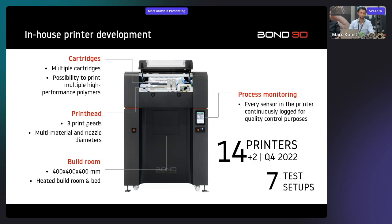So printing, for example, 450G combined with CA30 for highest strength and chemical resistance, or let's say after future development, different types of material. The build room is 400 millimeters in cubic. So that's roughly the maximum size that we have. And I would say the largest part we've printed so far is in the range of 300 millimeters. But we are rapidly developing, so I expect that early next year we'll be able to utilize the full size